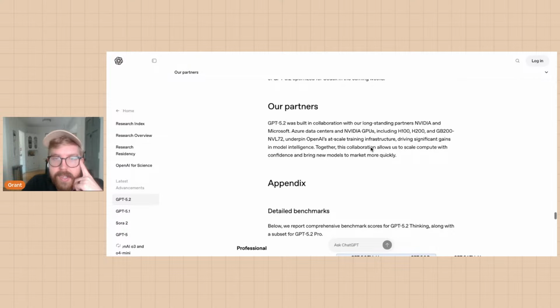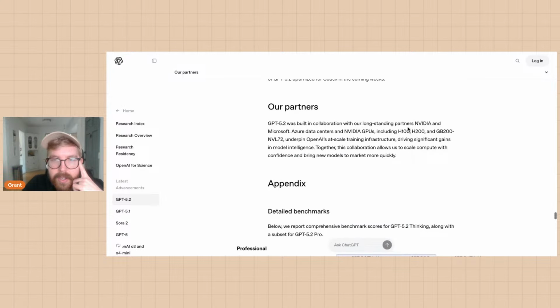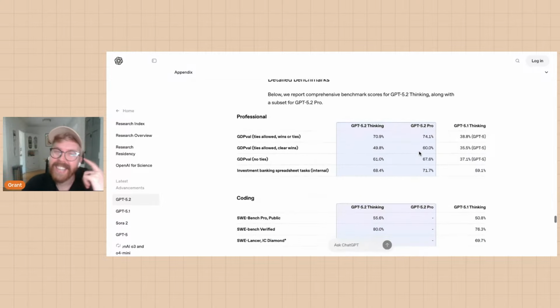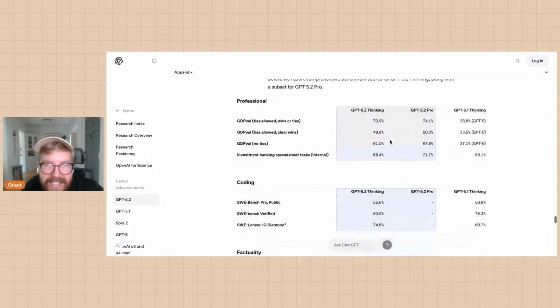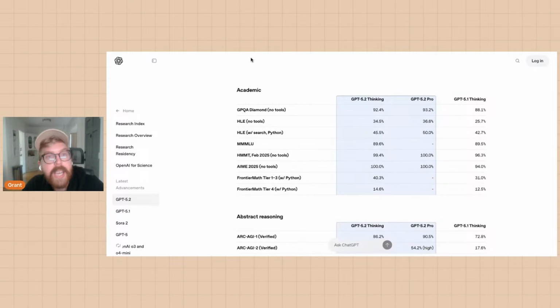All right, so then they give a shout out to the homies who helped them get here along the way. And then this is just detailed benchmarks going through all of it. Cool. All right. Well, that's everything you need to know about GPT 5.2. We're at the hour point, so I think I'm going to stop this now. I'm just going to go ahead and share.